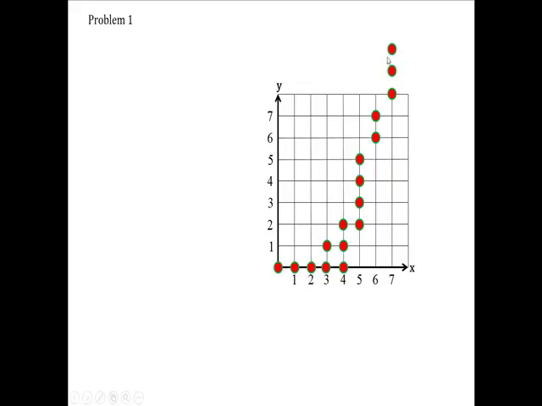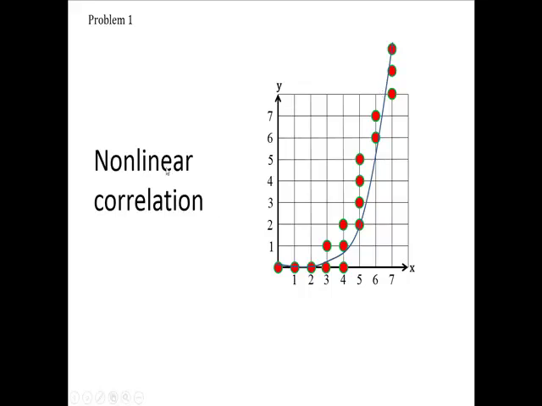You can't draw a line through this one, can you? It's more like a curve, isn't it? In fact, it's more like a parabola where y equals x squared. Anyway, there's no line that hits all these. It's more of a curve. There is a correlation, but it wouldn't be a line, would it? It'd be non-linear. This is what a non-linear correlation looks like, a y equals x squared, or exponential function, or